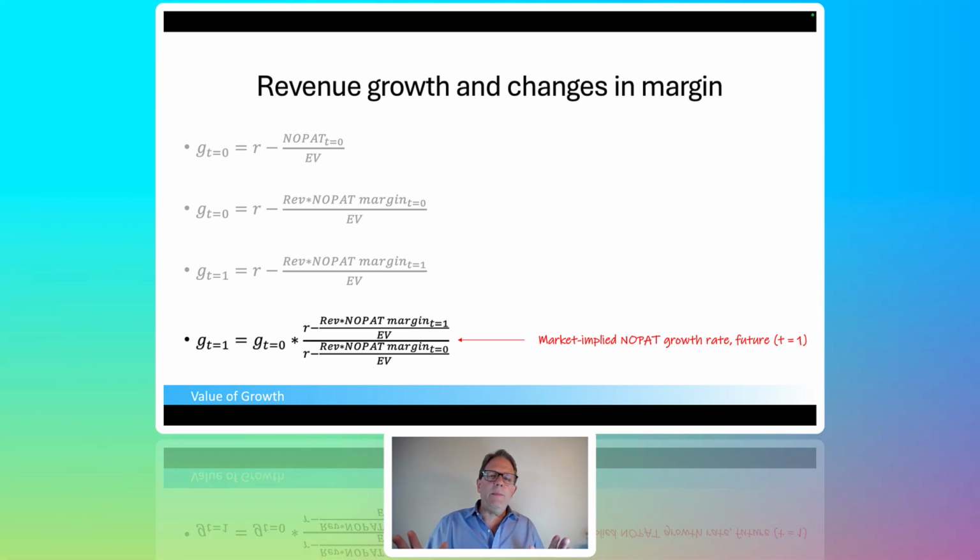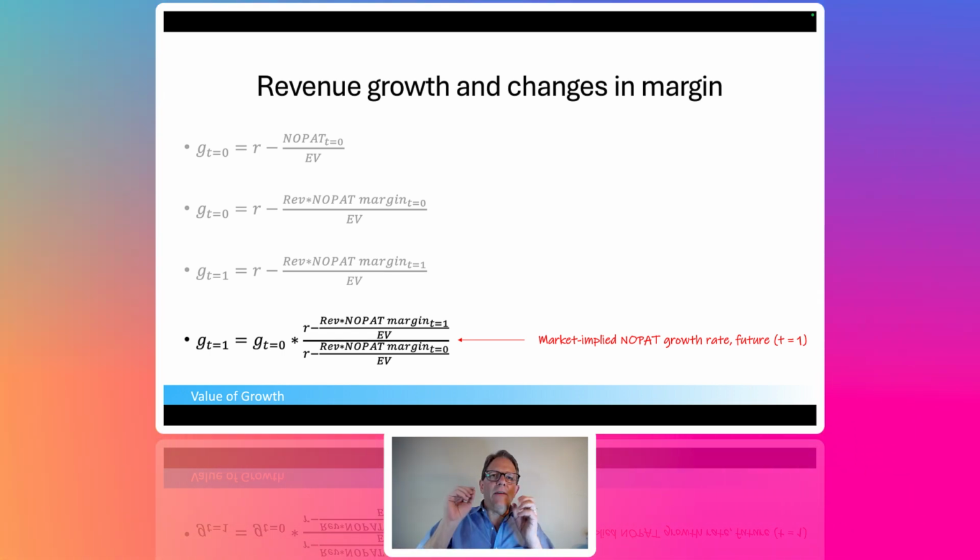I'm sure I've lost some people already, so let me pause for a moment. All right, so if we look at the top of this page, the growth rate today is a NOPAT growth rate. But if I think margins are going to expand over the next couple of years, I want to see what the market-implied revenue growth rate is. That's what I'm trying to calculate. So what I do is I take today's margins and calculate what the market-implied NOPAT growth rate is. I then expand my margins three years out in this example. I calculate what the market-implied growth rate would be at those higher margins.